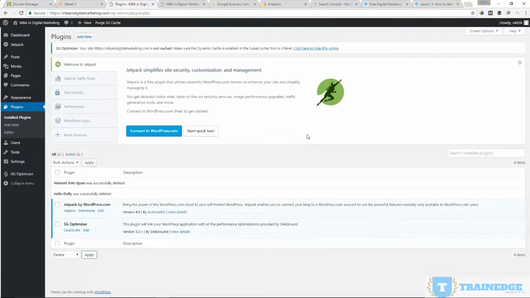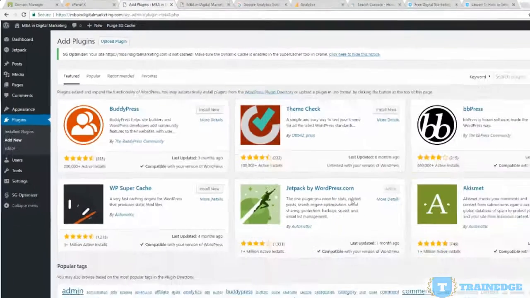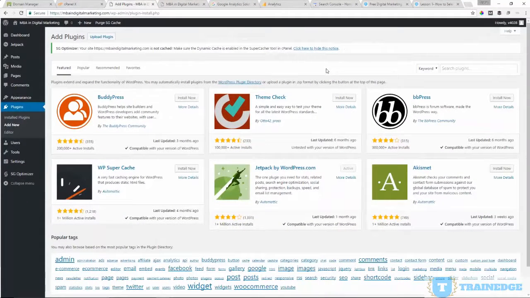Once you have installed WordPress, you need plugins to start promoting, and that will help improve the SEO of WordPress. So we are going to install some plugins and get the site ready for launch. You install plugins by clicking this add new button, and then you will see all sorts of plugins which are available. Now most of these plugins are free. You can search and find the plugins and install them.